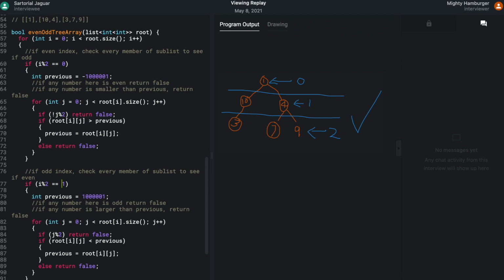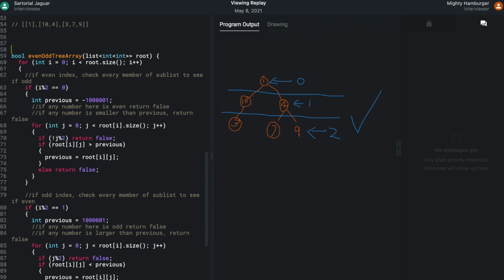So now I have this int previous. I'm actually going to keep track of this previous guy up here. Equals currently, it's negative. Now we're in here.